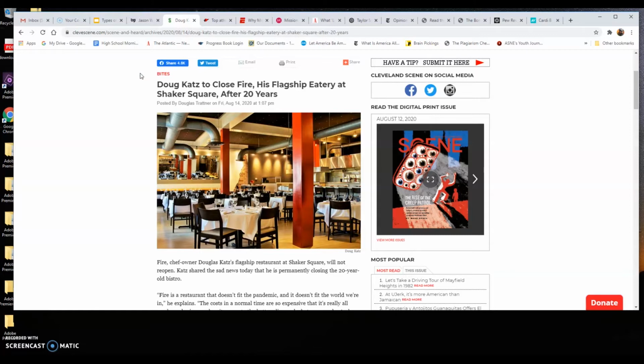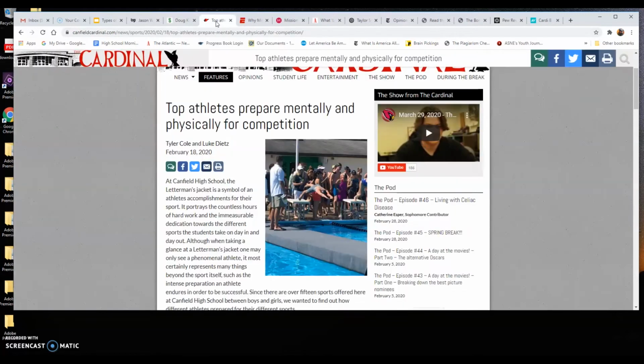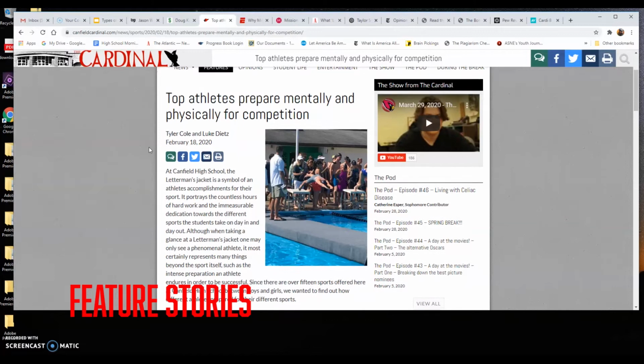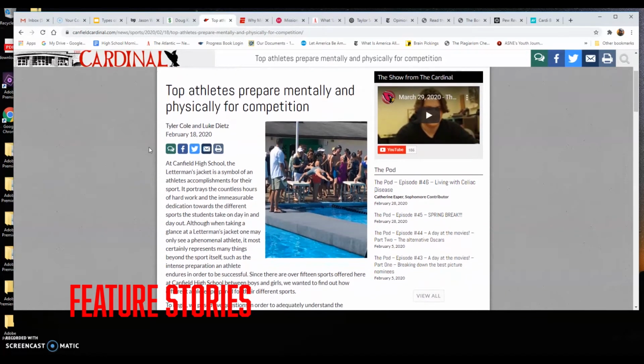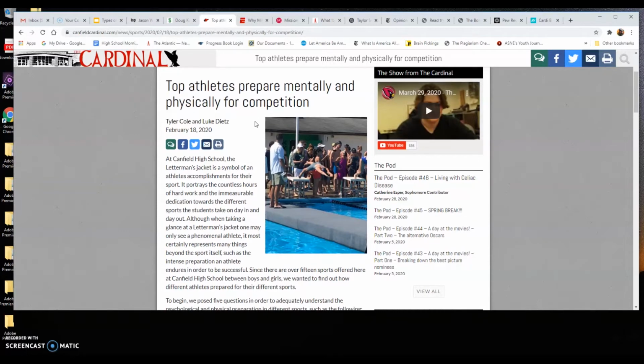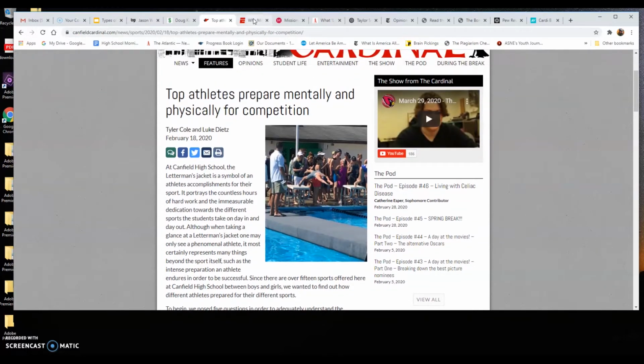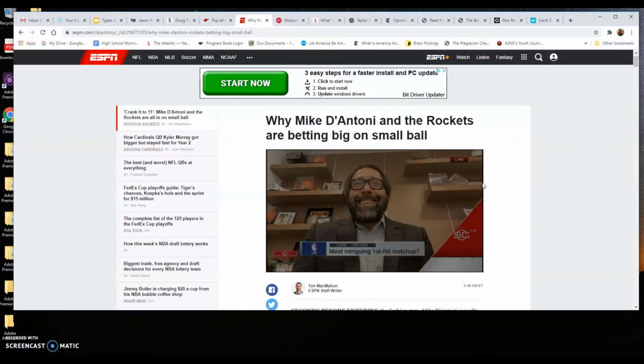News stories are probably the most basic type of story, the most common type. Beyond that, there are feature stories. A feature story builds on the facts presented in a news story. So this is a story about the swim team. Everybody knows the swim team is competing. Their record, how they're doing in competition, would be in a news story. But the feature story goes beyond that to talk about deeper issues.